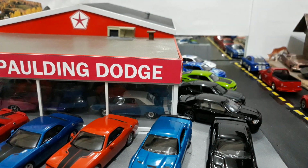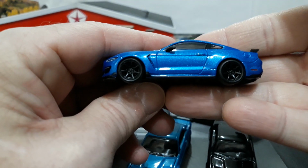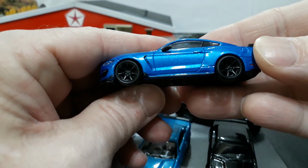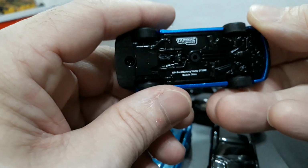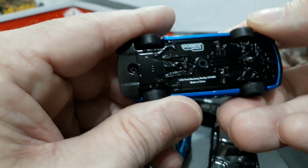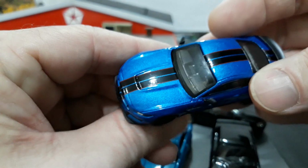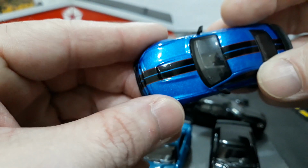So moving along now to, let's go ahead and do another Ford and get the Ford and Chevys knocked out, and then we'll do all Mopar. So here's our last Ford for today. This is the Tarmac 2019 Shelby. This is a very nice looking car. They did a heck of a job with it. Only downside is there's no opening hood,